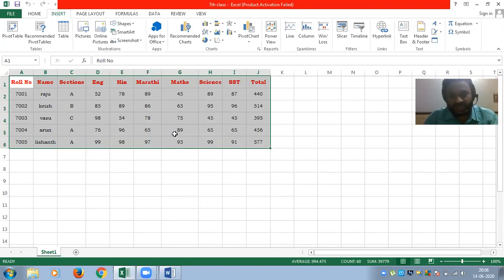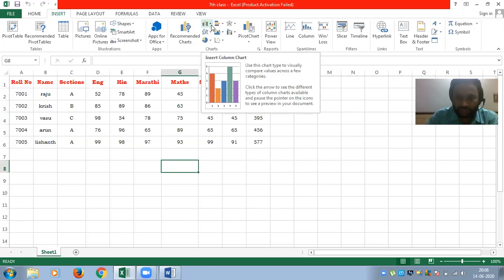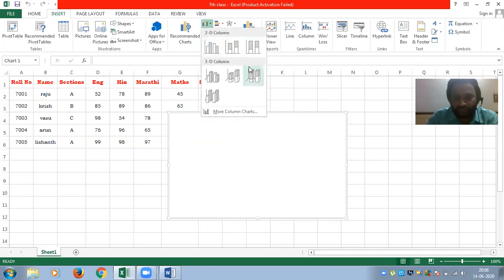Based on this Excel data, if you want to create charts, you must go to the Insert tab. Under the Insert tab, you can see there are different types of charts. Under the charts group, you can click on any one of the charts and it shows a list of models.